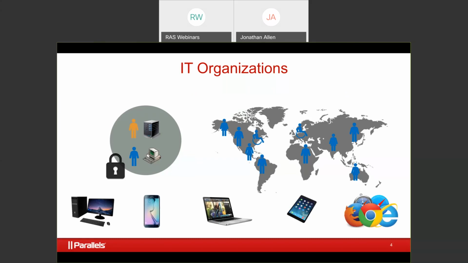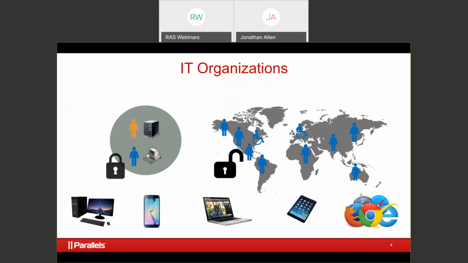So the primary challenge now is how do you provide disparate end users with specific needs different levels of access to your applications and to your data network, while still keeping it secure, and not having challenges with how someone accesses the network via an iPad or via a desktop or even via an HTML browser.